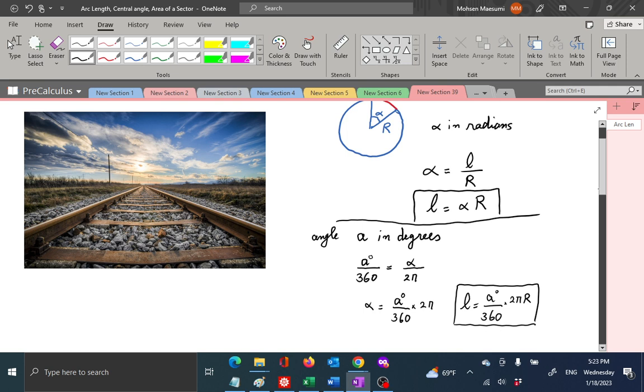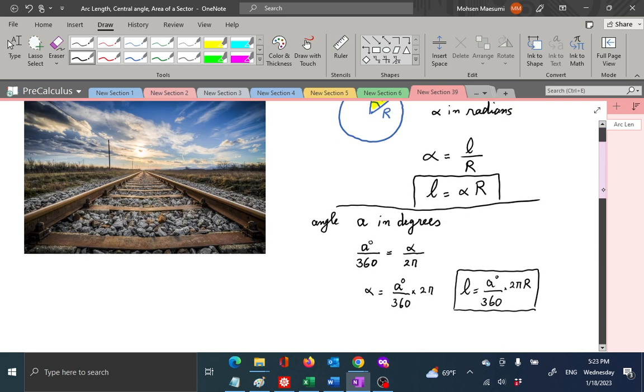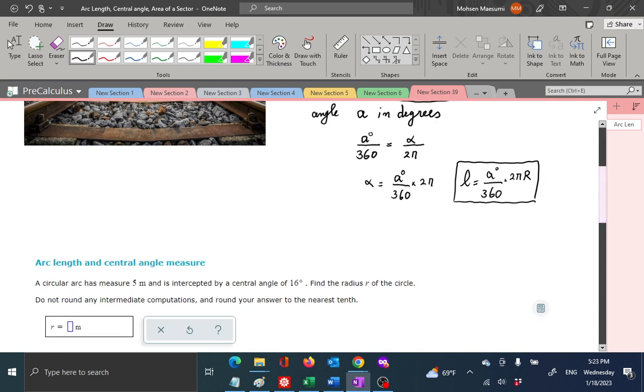Similarly, we might be interested in this area. That's the area of this sector. This slice of pizza that you see here is called a sector, and of course you remember that we said the area of the whole circle was pi r squared. Area of a sector,